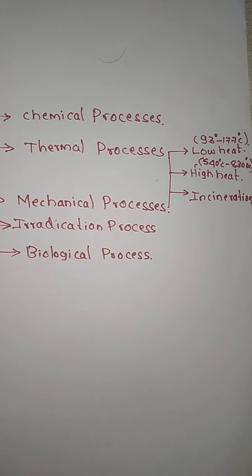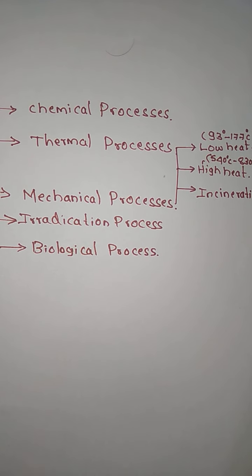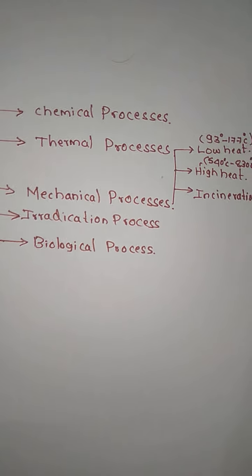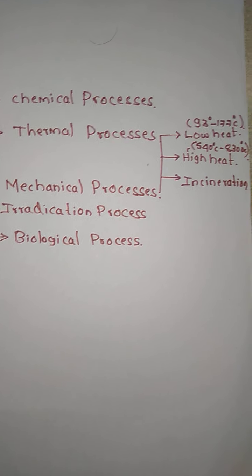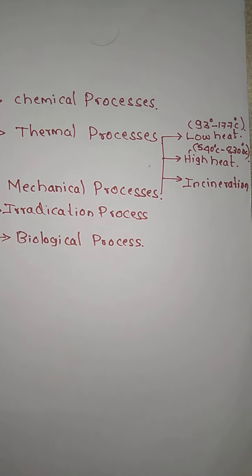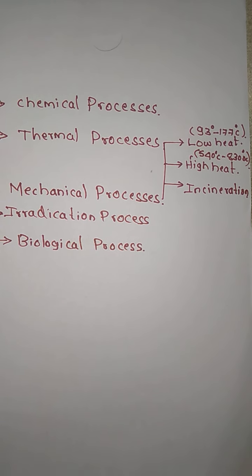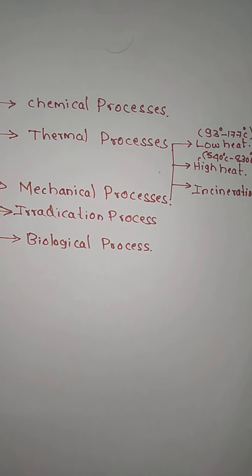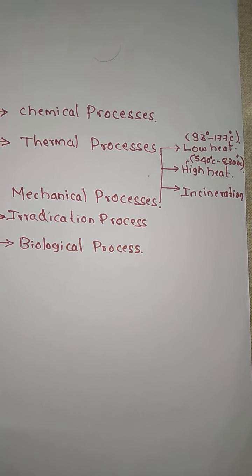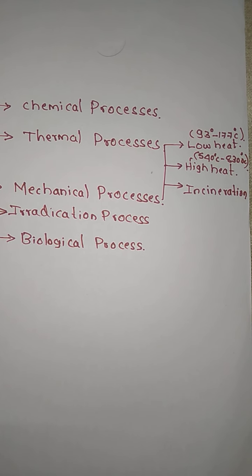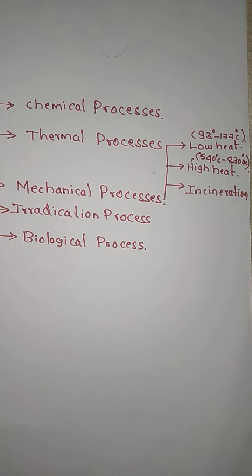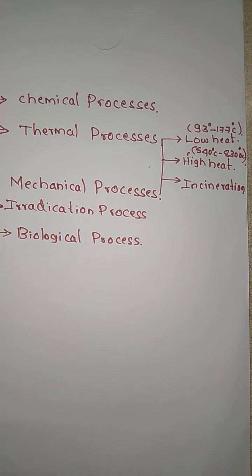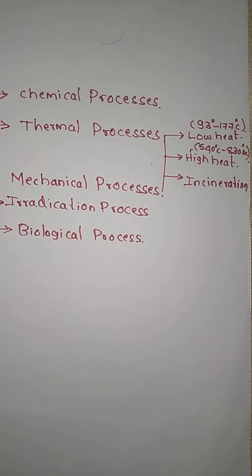The third process is the mechanical process. This process is used to change the physical characteristics of waste to facilitate waste handling or to process waste in conjunction with other treatment steps. That means the larger biomedical waste materials are reduced in volume using various kinds of shredders, such as the hammer mill and flail mill, and tubes and so on are cut. Then, if we want to send it to a recycling unit or dispose of it, we can do so.